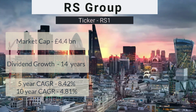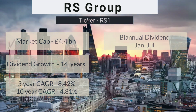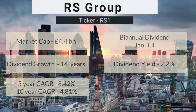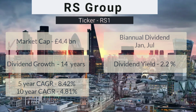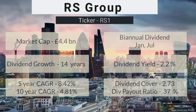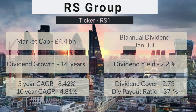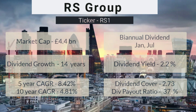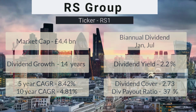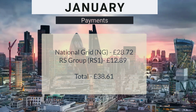It pays biannually in January and July, so a slightly different spread to National Grid that we've just seen. Its dividend yield is the lowest on the list at 2.2%. Great dividend cover of 2.73, so it plows lots of its money back into growing the business, which is why we've seen that decent dividend growth rate over the past 5 years, and has a dividend payout ratio of 37%. It would have paid us, from our number of stocks that we would have had, a total of